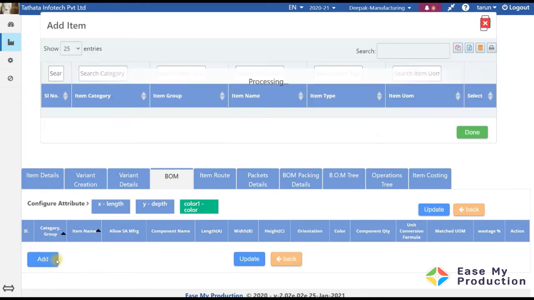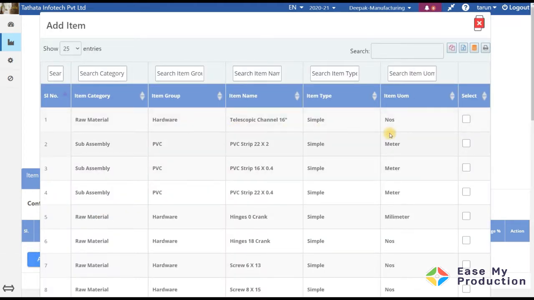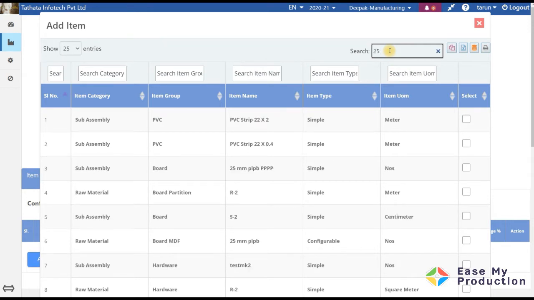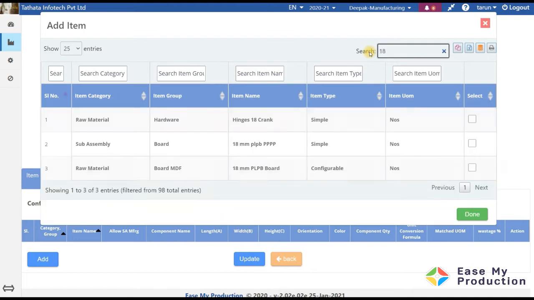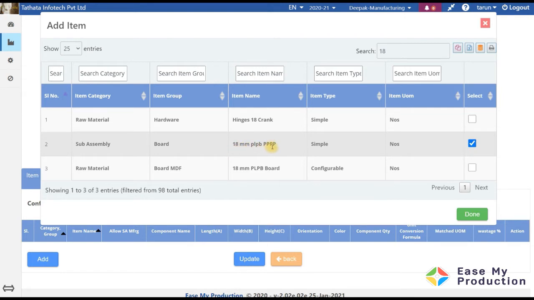Here I have already created raw material and sub-assemblies. For this table I will use a top of 25 mm, and you can see I have already created a 25 mm sub-assembly with PVC edge applied on the edges. So I will choose this one. Now I will use 18 mm board for the understructure. So here, a sub-assembly of 18 mm PLPV board with PVC lipping has already been created.